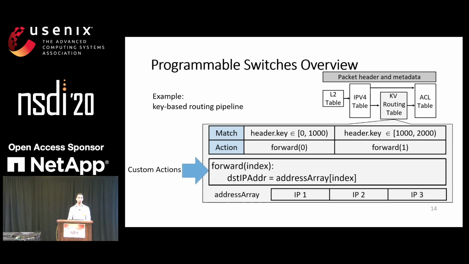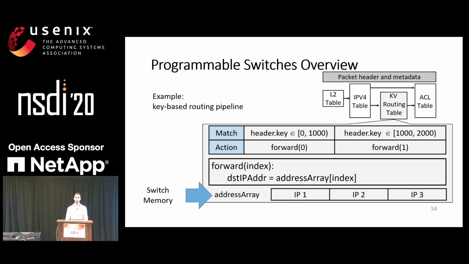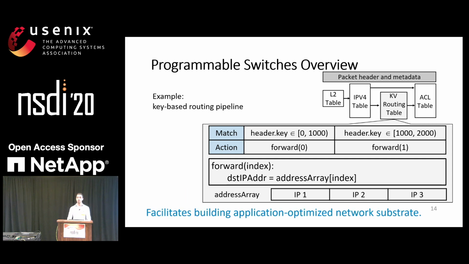Actions are programmable. By the way, everything here is programmable using one of the packet processing programming languages, such as P4. In this example, we are setting the destination IP address to one of the IP addresses stored in the switch memory. So, in this technology, programmers can, at pipeline stages, match on custom packet headers, program different actions, and packets can change switch memory, everything happening at line rate. So as you can see, this is a very powerful tool that could allow for the network to accelerate different